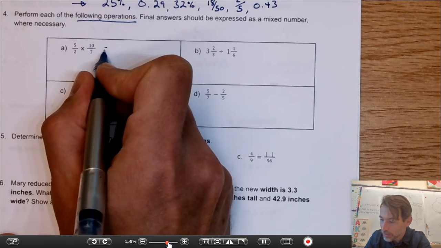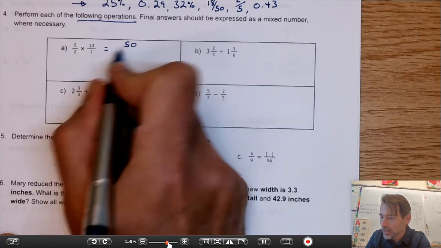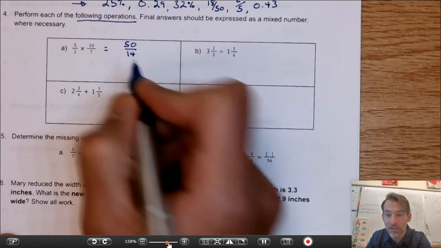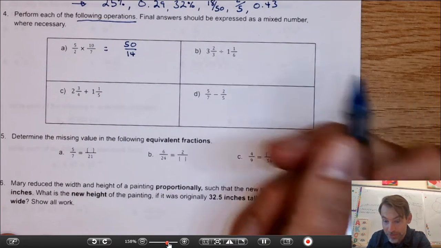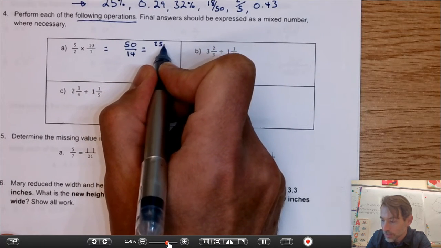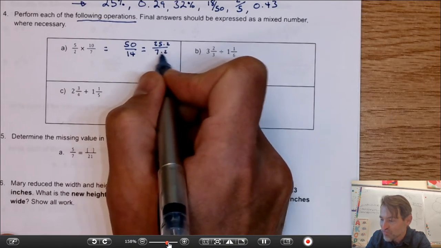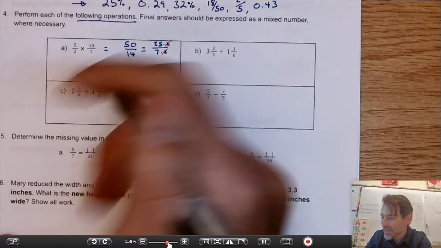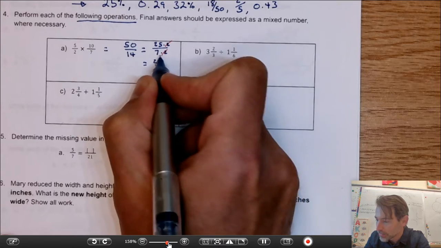First way that I don't really like is you multiply top times top, which is 50, divided by bottom times bottom, which is 14. And then you say, ooh, 50 and 14, they both have a factor 2 in them. Who would have thought? And then you remove the factor 2, so you'd say that's 25 times 2, that's 50, and 7 times 2, that's 14. Go ahead, get your cancel pen out, cancel, cancel, and then that leaves you with 25 over 7 as your